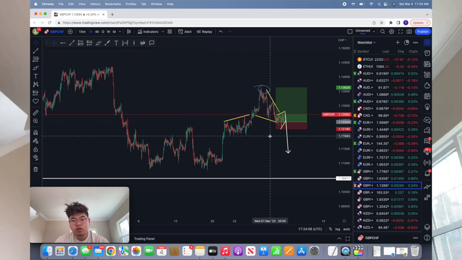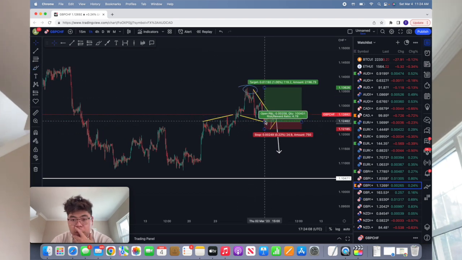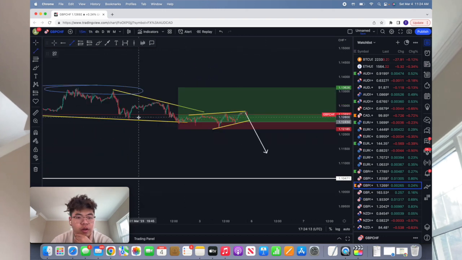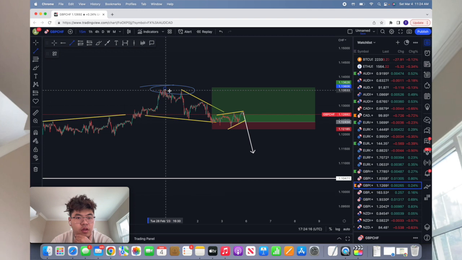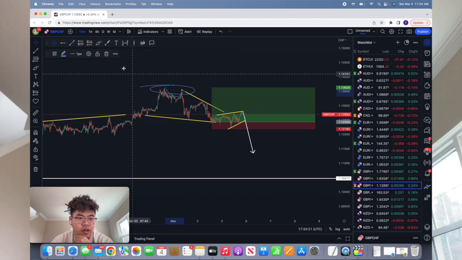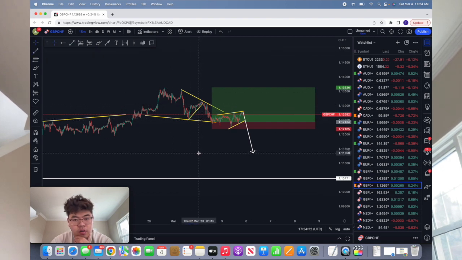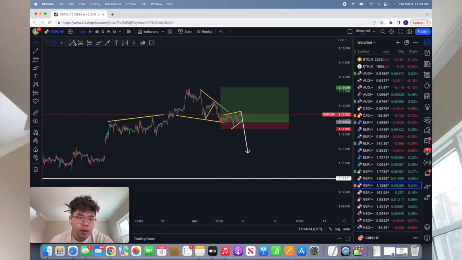GBP Swiss, right? So what happened with Swiss is that I wanted to see whether or not this will go up. But what do we see here, right? If we break down the market, first thing I see is a gap, that's already a red flag. That shouldn't even let you consider to enter. Then what I see was a follow by a correction, right? But in this correction, what happened was it did create a channel. So I was like, okay, the channel looks pretty good.